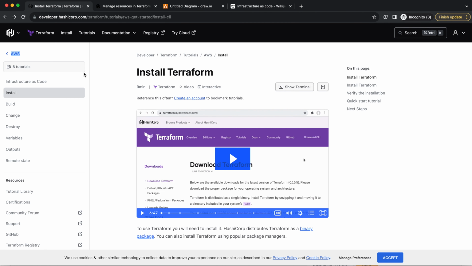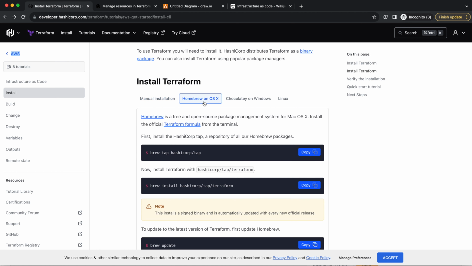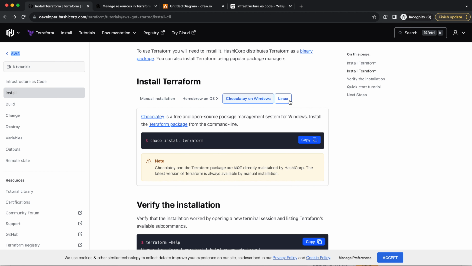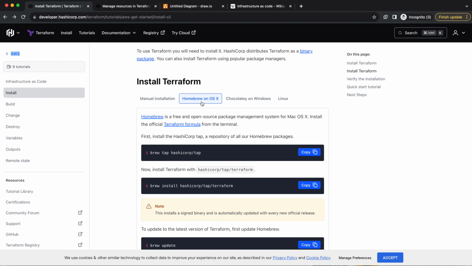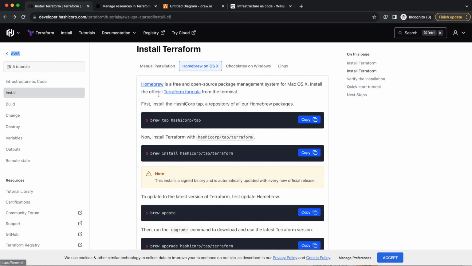After that you need to install Terraform. So you need to open the install Terraform page. Here, if you see, there are many ways of installing Terraform, whether you are watching on an Apple based OS, or on Windows or Linux, right? On Apple machines you can use Homebrew. It is the best way, right? You just need to run these two commands. After that you will be able to